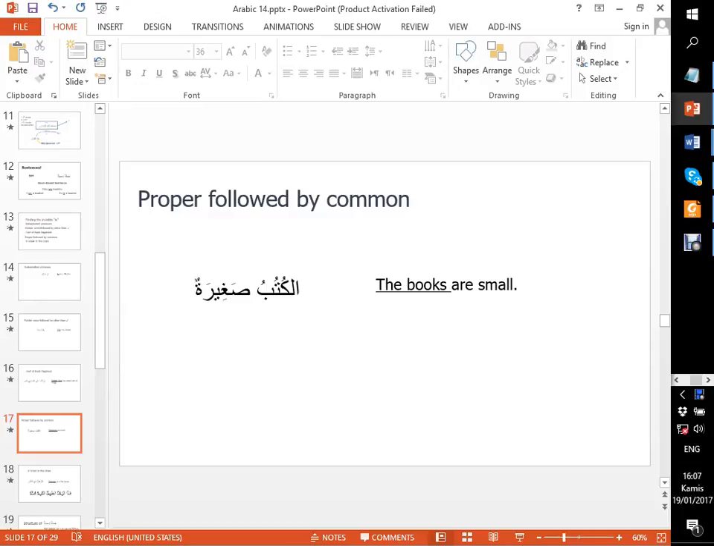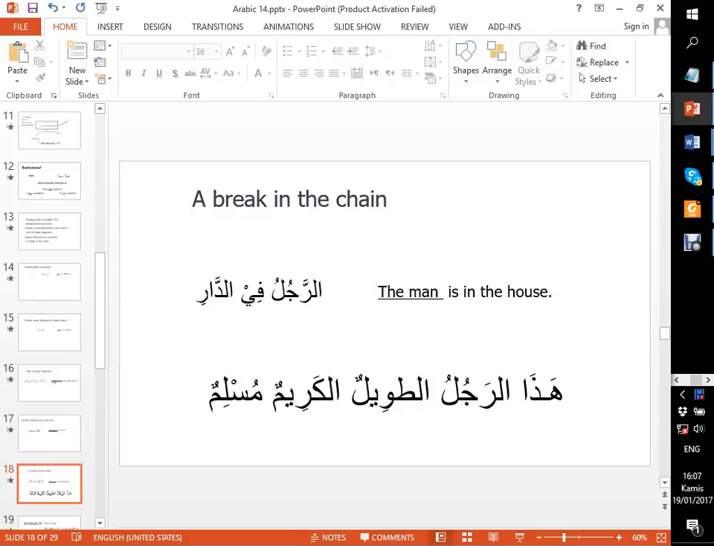Al kutubu, the books, you can insert a to be. Saghira. And a break in the chain. Okay, a break in the chain, like ar-rajulu. If you cannot find any relation between ar-rajulu and the word after it, you should insert to be. Okay, like hada